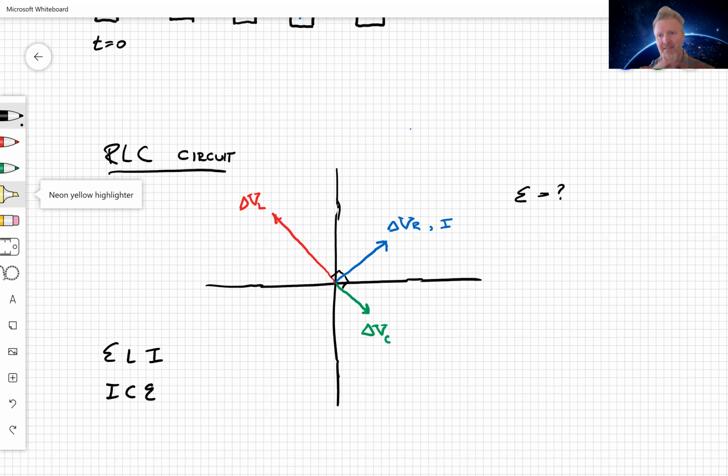Where's that? Well, that's not an easy question, but notice that it has to be such that, if I loop around an RLC circuit, I didn't draw an RLC circuit, sorry. If I loop around an RLC circuit,